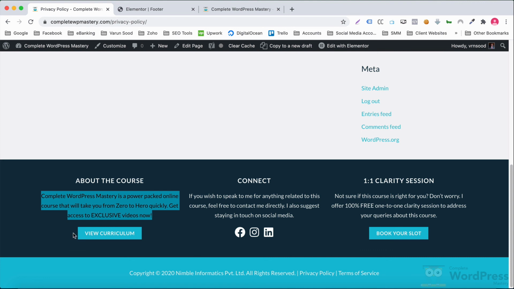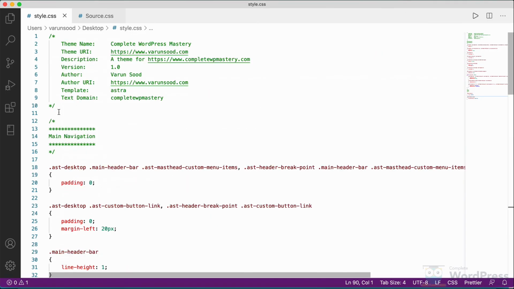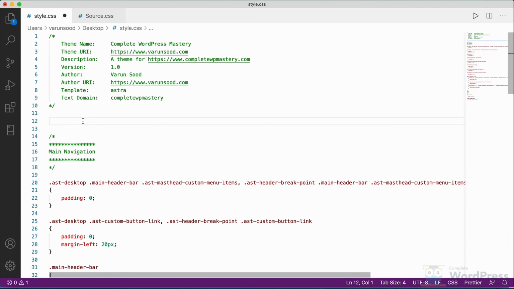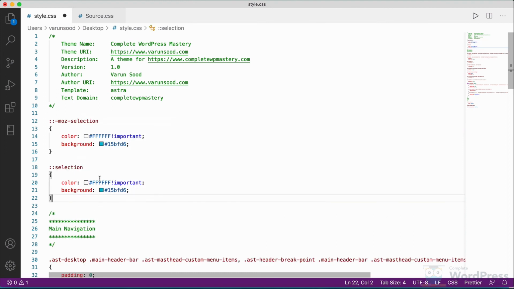Well, in order to fix this, we need to make use of CSS. I'll scroll all the way to the top of the file and paste some CSS code. The ::selection selector matches the portion of an element that is selected by a user. We have applied a blue background to the selected text and white color to the text itself.